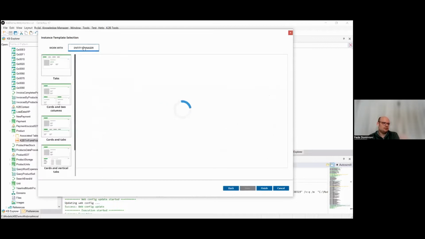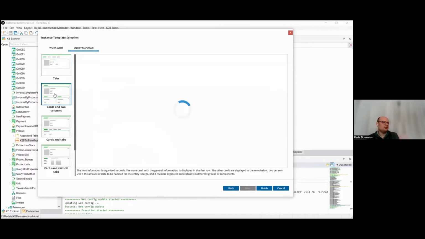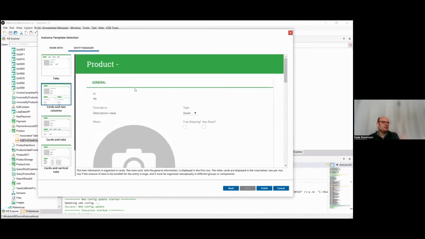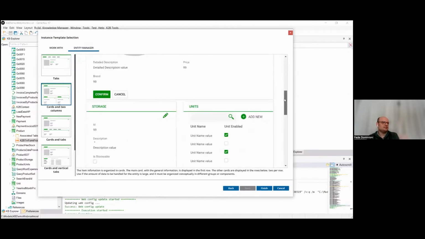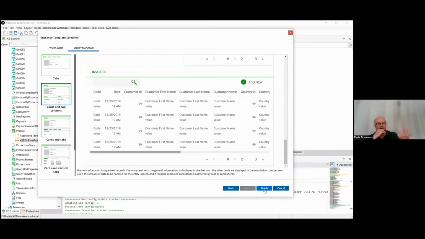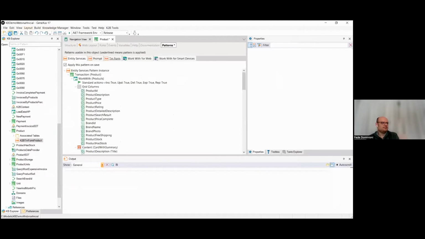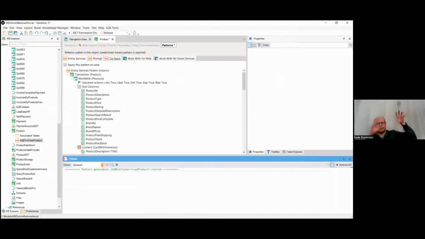And I'm going to say, okay, for products, I want to have a multiple view, which I'm going to show you what it looks like. And then I would like to have some cards, a main card and some smaller cards below, because in K2BTools, we know that that looks good. So I'm going to click on save, and automatically,